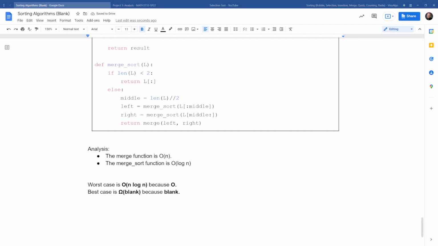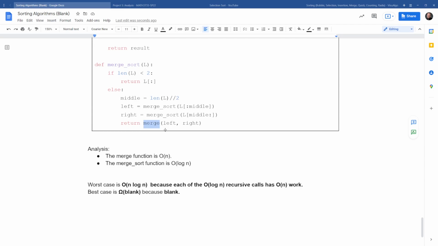And the reason being, let me just copy and paste that over here, because each of the big O of n log n recursive calls has big O of n work. And again, it's nested in there doing this merge, so that is where we have this. Now, best case scenario,